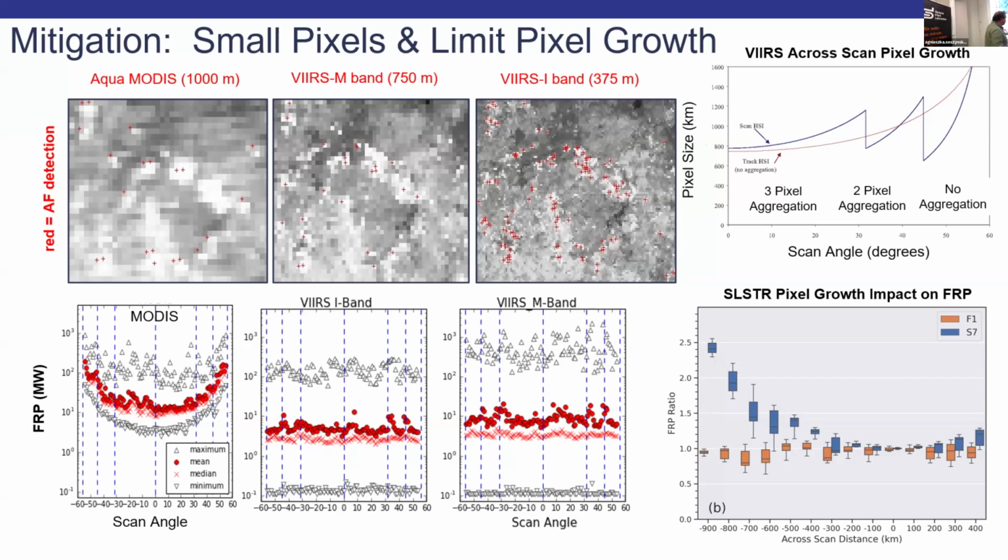But nevertheless, what it means is when you look at the statistics, they're flat because this pixel size problem has mostly gone away. There is another problem in that these 125 meter pixels, the fire might saturate them because now it's quite a big proportion of them. But when you average it with the surrounding pixels, it may not saturate them. So now you can become confused as to whether your measurement is a good one or not. But nevertheless, in terms of detection and a lot of the statistics, it's actually done well.